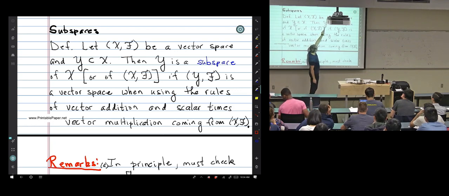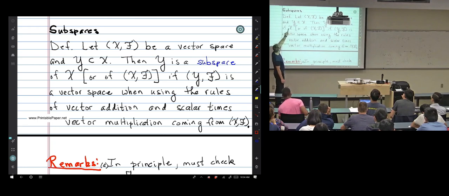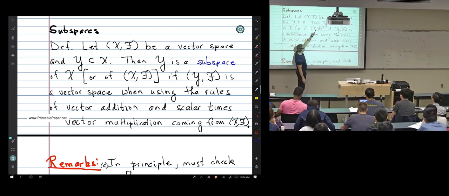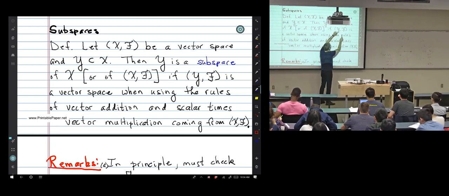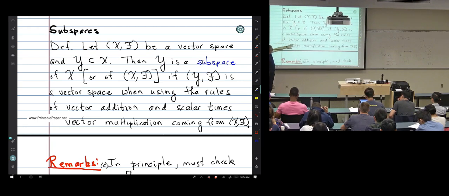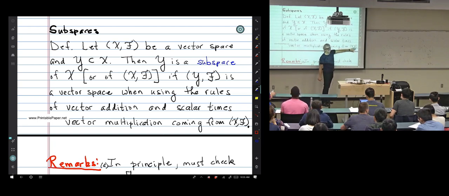We say that the subset Y is a subspace of the vector space X, and you can write it just as X once the field is known, or you can be very, very pedantic and say X and its field F, if, when I take Y and I keep the field F, it is a vector space, and for a vector space you need rules of vector addition and scalar times vector multiplication. So for Y to be a subspace of X, you have to use the vector addition and scalar times vector multiplication that come from X. You can't make up a